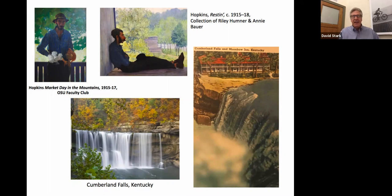in Hopkins' day. And he didn't, however, paint the falls. He didn't paint the hotel except for minor views or portions that you see of it, for example, with Andy Vanover, who is resting on the hotel porch, we think, but rather he focused on the people that lived in this area. So David,